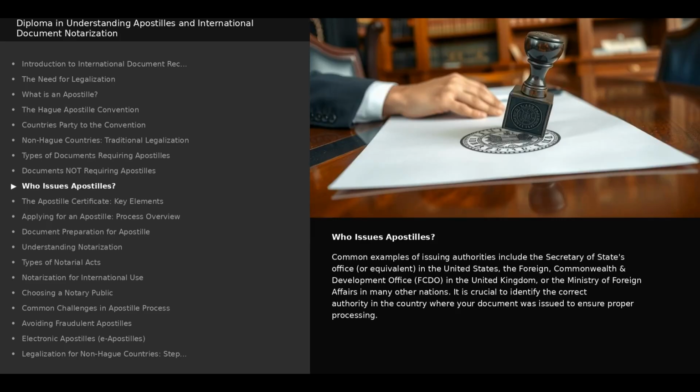Common examples of issuing authorities include the Secretary of State's Office or equivalent in the United States, the Foreign, Commonwealth and Development Office, FCDO, in the United Kingdom, or the Ministry of Foreign Affairs in many other nations. It is crucial to identify the correct authority in the country where your document was issued to ensure proper processing.